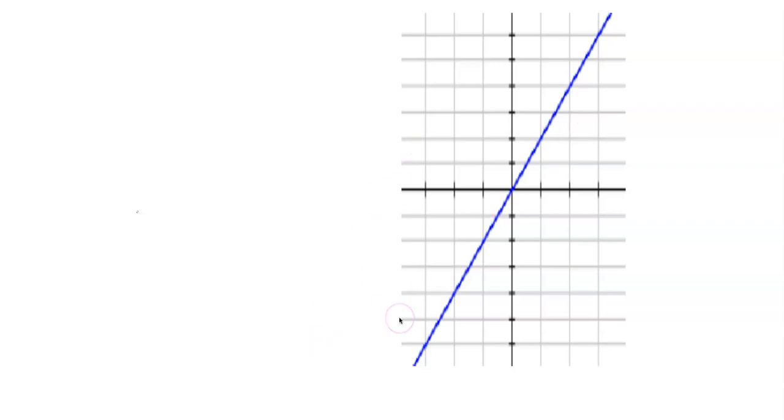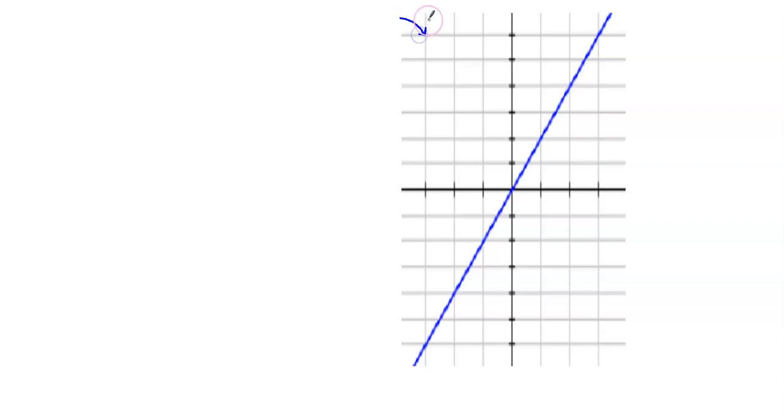The points aren't showing, right? We're going to have to draw in points. So when you're finding the slope, you can pick any 2 points you want to. You need at least 2. So I'm going to draw in some points here. Now, real quick, when you're drawing in points, you want to pick points that fall where the grid lines intersect,